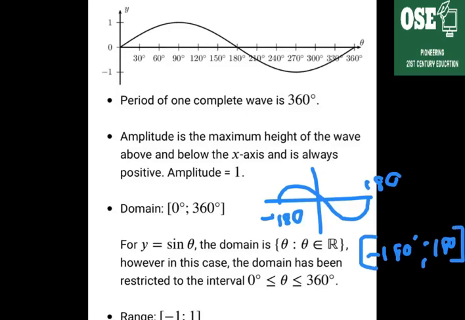Yes. And then remember your range is your y values that are covered by the graph. In this case, from 1 to -1 or from -1 to 1, both included. So remember, you can also write it as